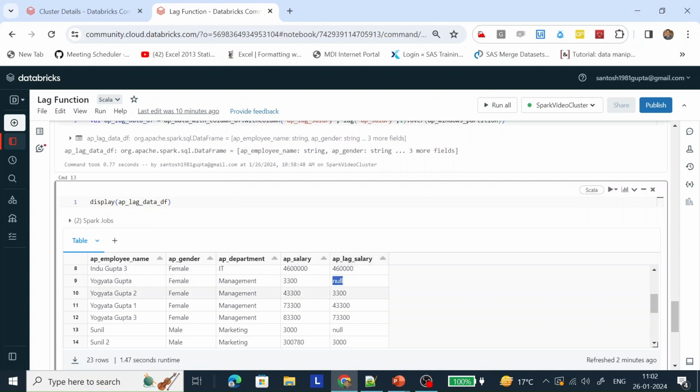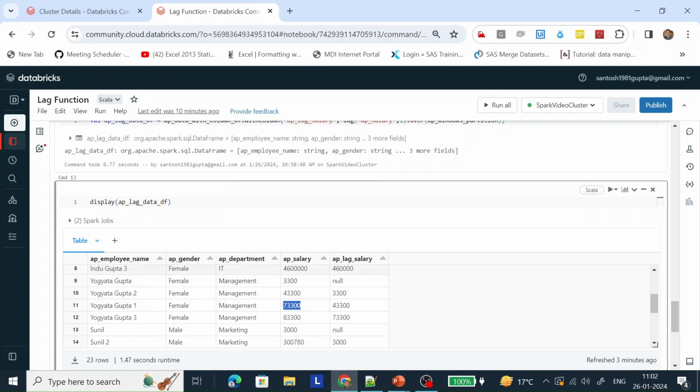Now let's see. This is the next row in the management partition. The lag function will see the salary. What is the previous row of this salary? This is 3300. The lag function will fetch it and put it in the lag salary. This is the next row.